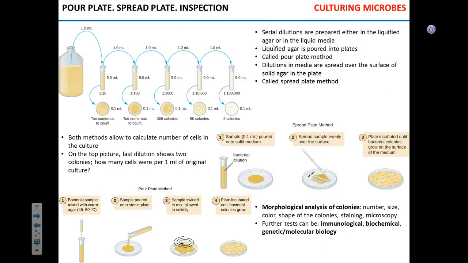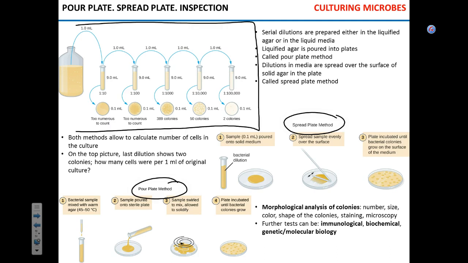Now, what are other approaches to perform bacterial isolation? It's the pour plate and the spread plate method. Before we get to these methods, we need to understand the concept of the serial dilution. So, how does that work? Imagine that this is your bottle with microbes growing in the medium. Okay, you with me? Okay.